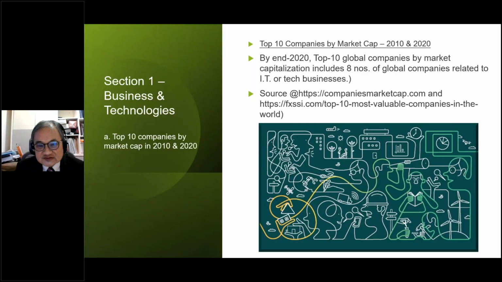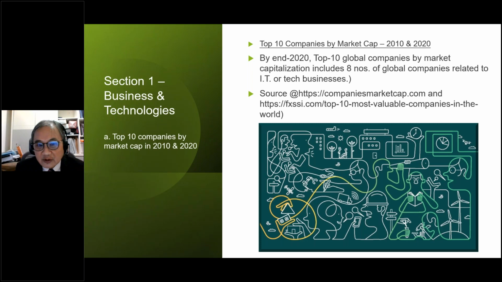As a starting point, if we look into the year 2010, the world's 10 largest companies in terms of market cap, at that year there were not so many tech giants.